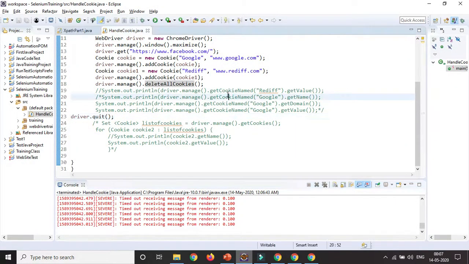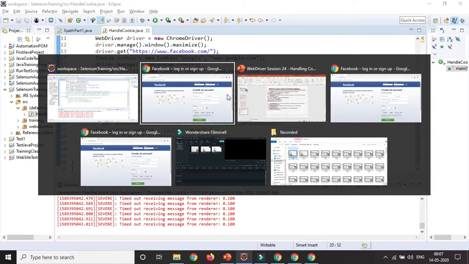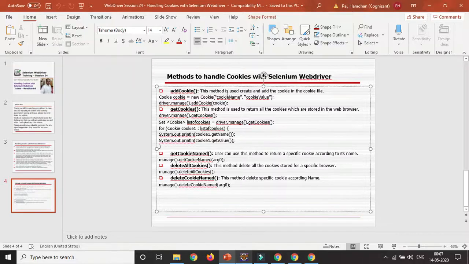So those are the important methods available for cookies. You can handle cookies with Selenium WebDriver. You can add cookies, you can get cookies, you can get different properties, you can get name, get value, right? You can get a cookie by name, you can delete a cookie through object reference, you can delete a cookie by name, you can delete all cookies in any browser. It is specific to browsers. It can be IE, it can be Firefox, it can be Chrome, like that. And also it's specific to your device. It can be your laptop, your desktop, your mobile, like that.